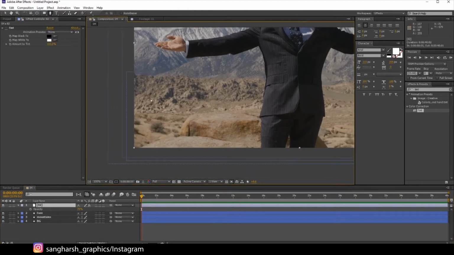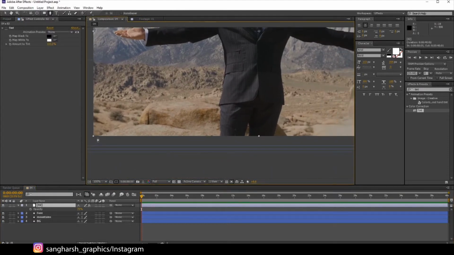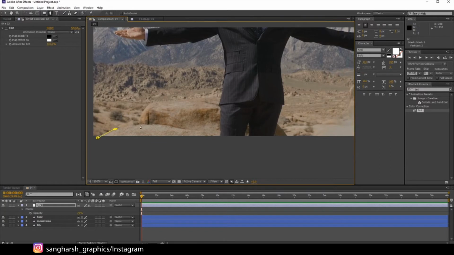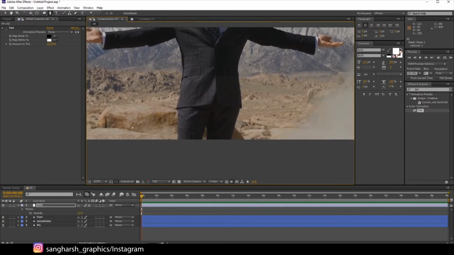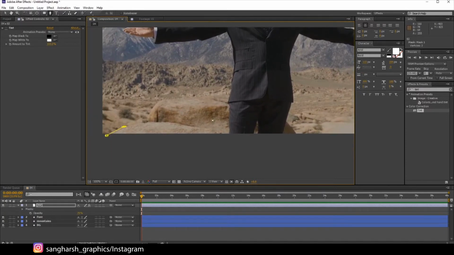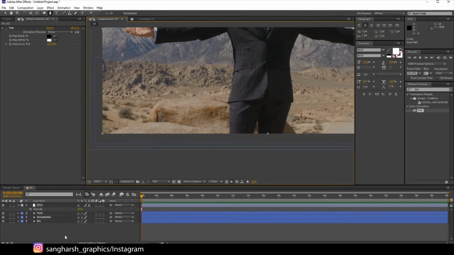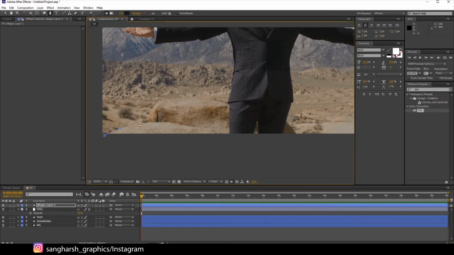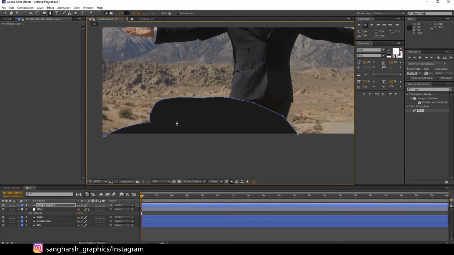Now again make a last background layer, these stones. You can also make it like this: this stone is closer, this stone is a little bit backward. Deselect all the layers and then try to make the mask like this. You can also tweak the settings here, like making a different mask for this.